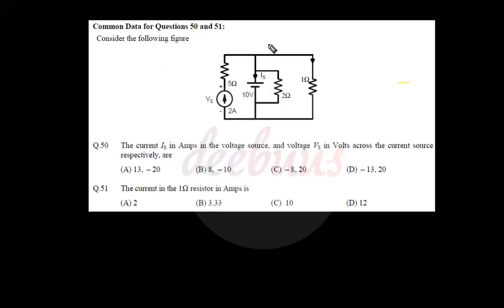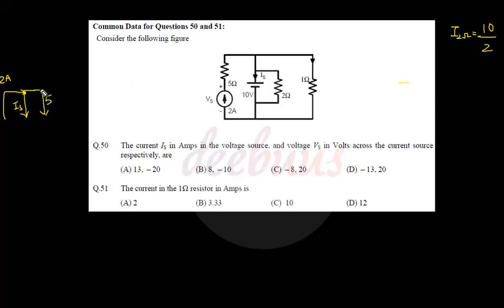So we can apply Kirchhoff's current law at this node. Just applying Kirchhoff's current law at this node gives the answer. So a 2 ampere current is entering this node. So I am marking a 2 ampere current at this node. Now a current IS, that is what we have to evaluate. So it is IS. Now this 2 ohm is actually connected in this way, connected parallel to this 10 volt. So the current flowing through 2 ohm is voltage 10 volt divided by the resistance, that is 5 ampere